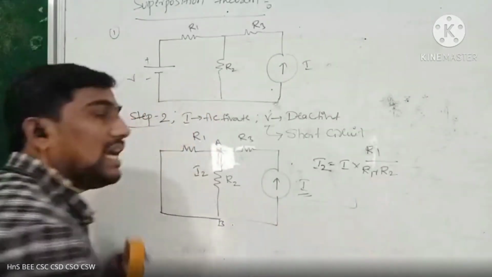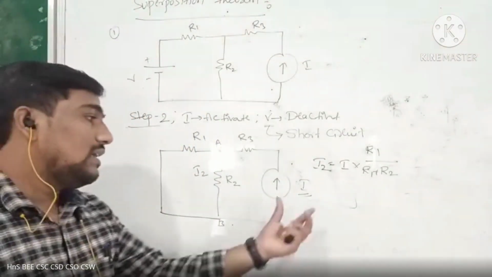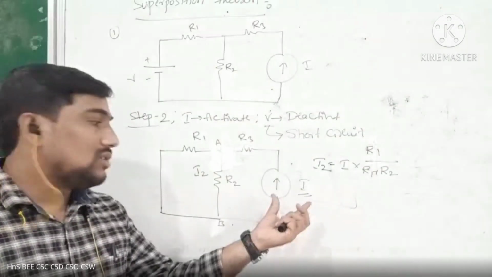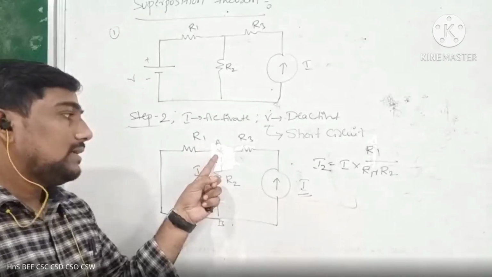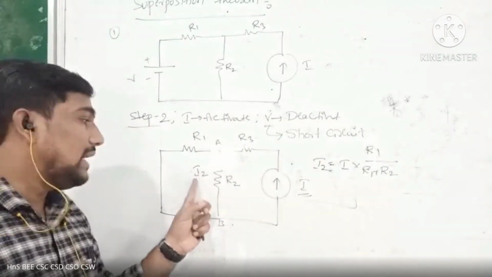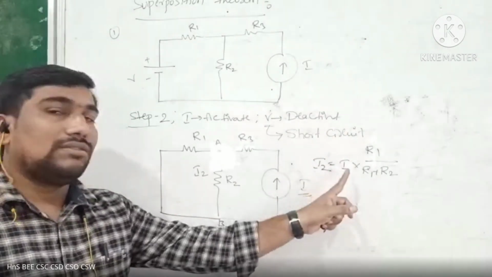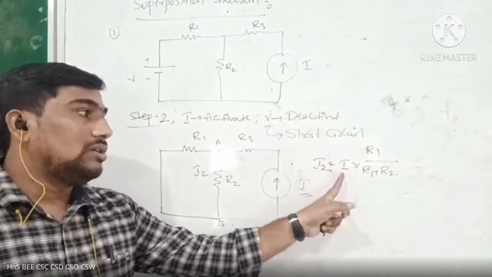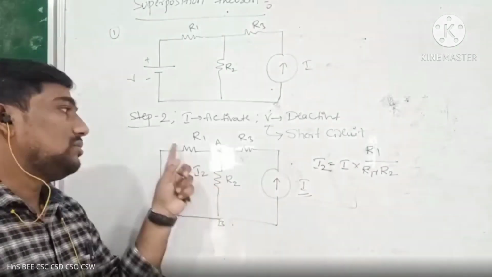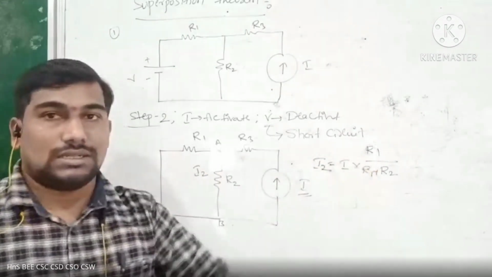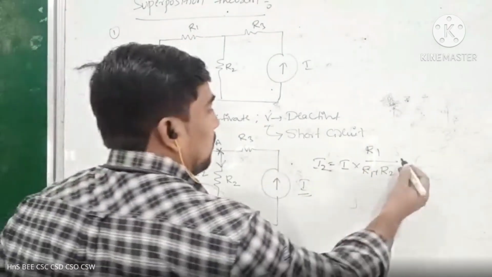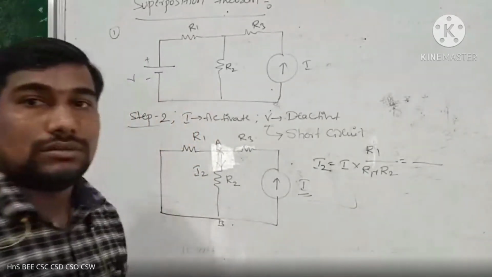You have to mention the CDR rule, because the examiner will already give some current, the total current value. This is the total current, the dividing point. One current is divided in this direction. You have to mention that current value: I2 equals, based on the current division rule, I, the total current, into the opposite resistance of R2, that is R1, by the total resistance. Okay, this is the procedure. Now we can get the I2 current value.